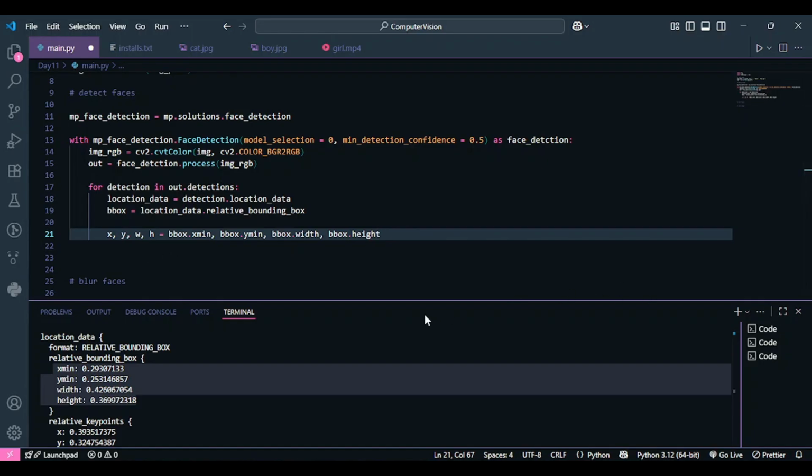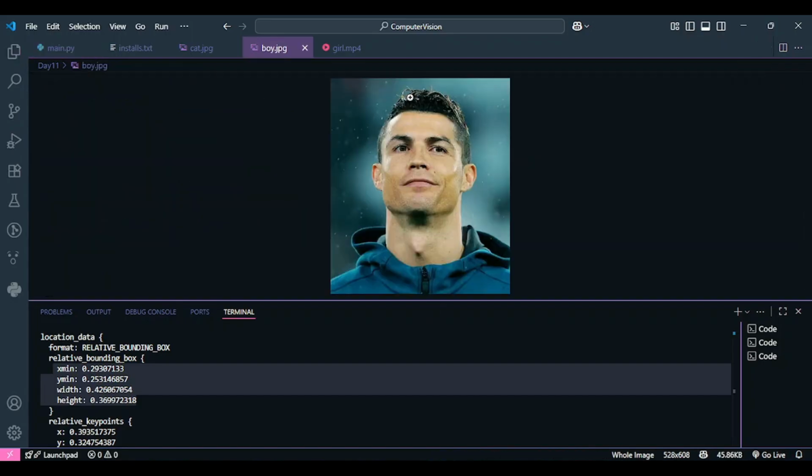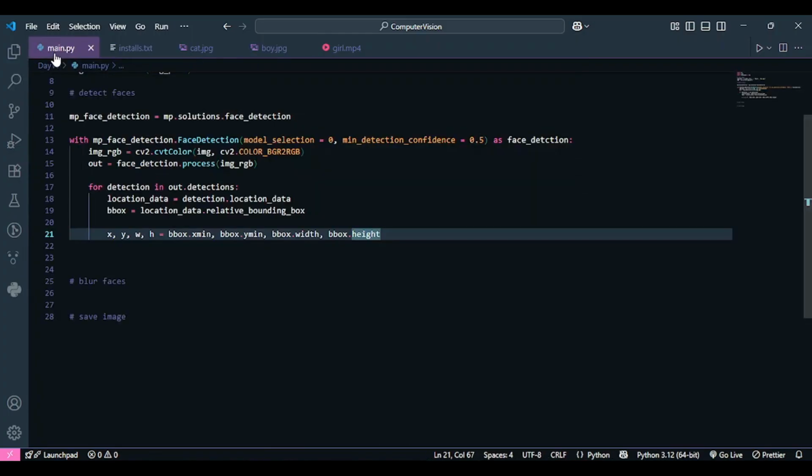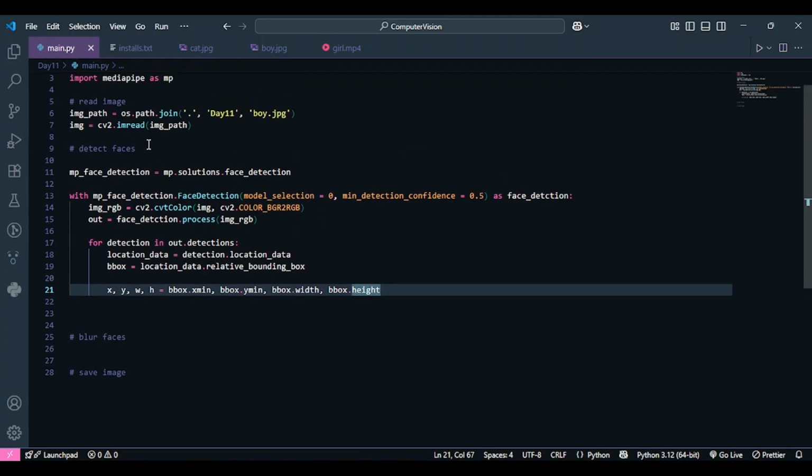But there is one important thing that you need to understand: this is just going to give us the relative bounding box. It's not going to give us the absolute bounding box with respect to this image. So if I want to create a bounding box with respect to this image, what I want to do is I will take the height and the width of this image first, and then I'll multiply it with the values that I just got. Okay, so to do that,